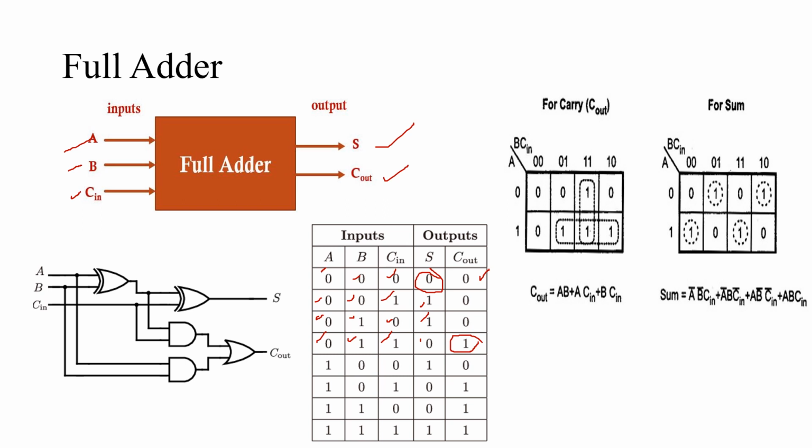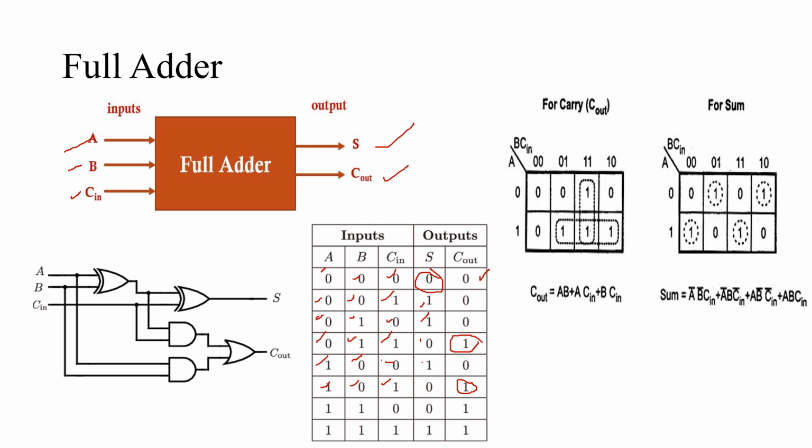Let's start again. 1 plus 0 is 1. So you have sum 1 and carry 0. Again, 1 plus 1 is 10. So sum is 0 and carry is 1. Okay. Anyways,